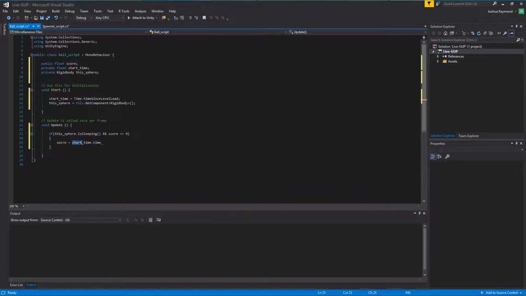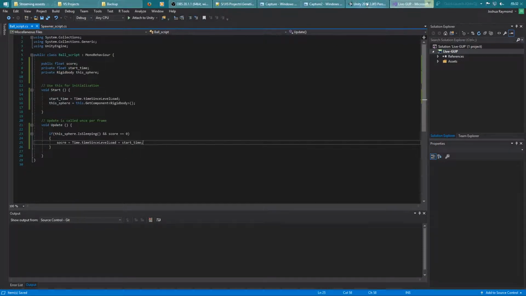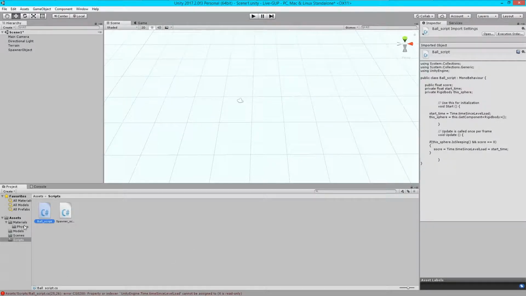There we go. That's better. Minus the start time. There we go. And that's that. That will give us a score on each individual sphere. And that means that when we come back over here and we click on hello,